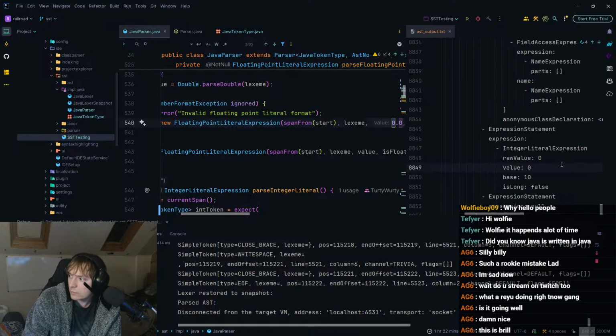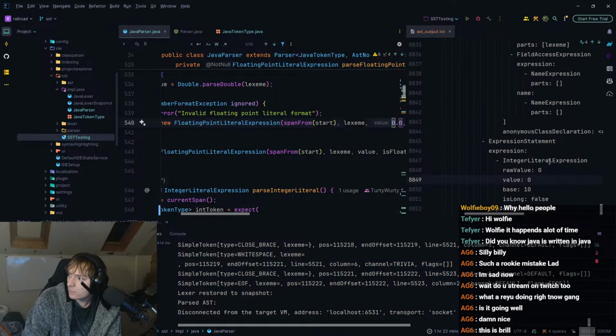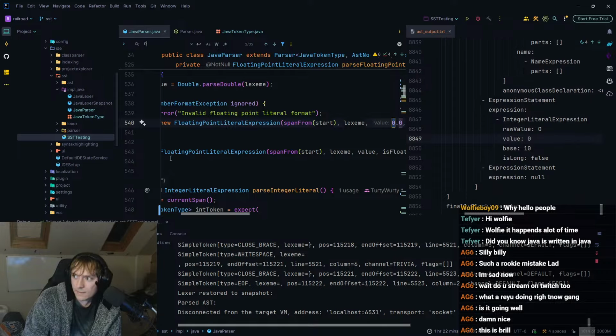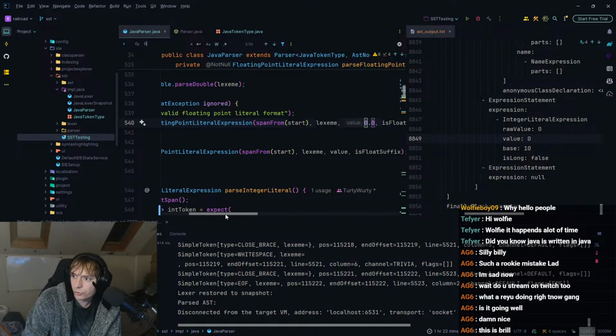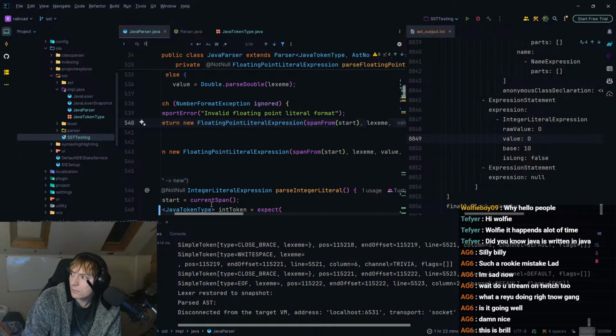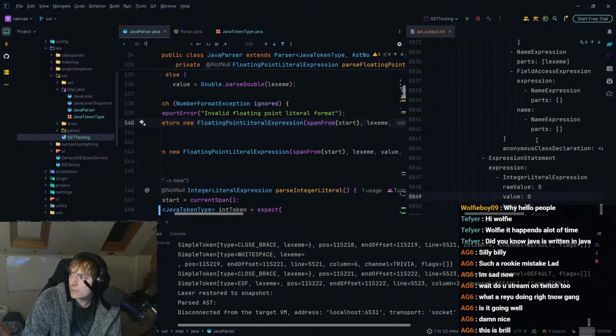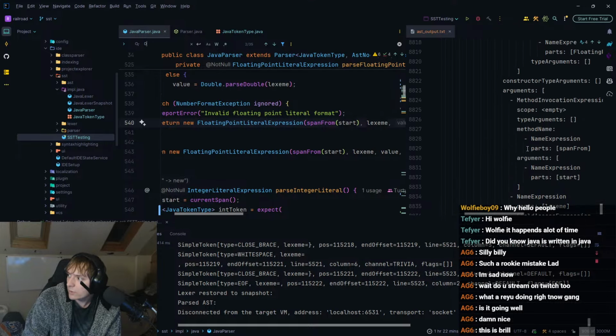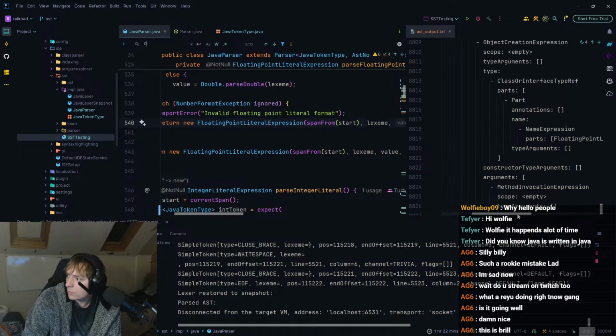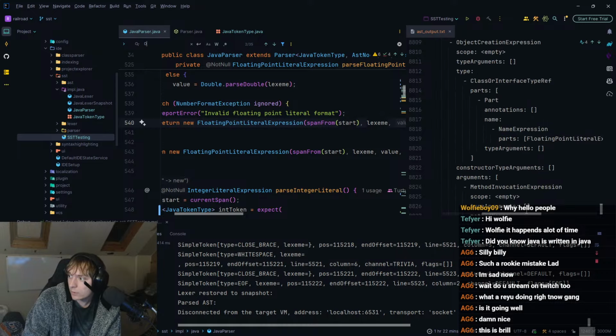Is it a floating point or a... It says it's an integer, so it shouldn't be this. But we can look to see if it's wrapped inside of a floating point literal expression. It is, actually.